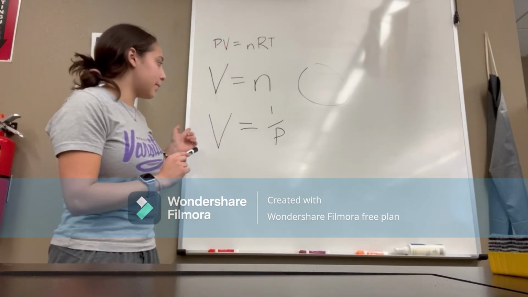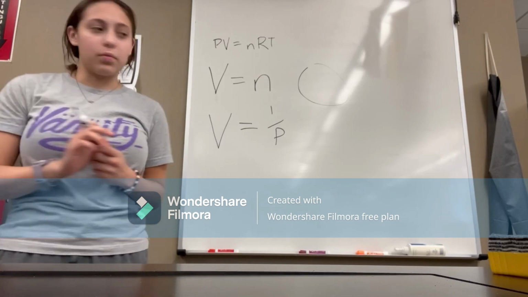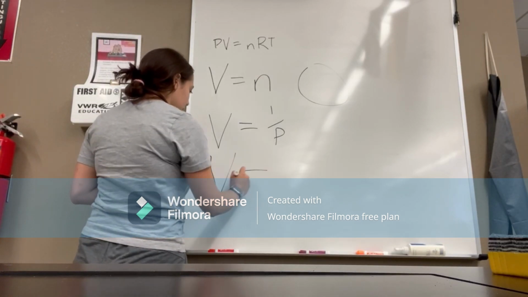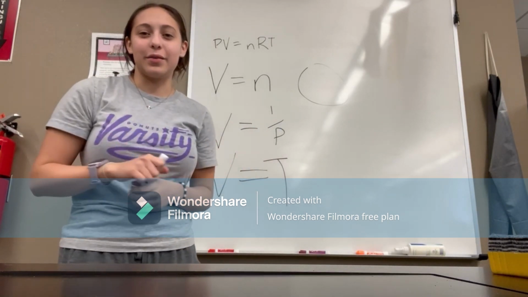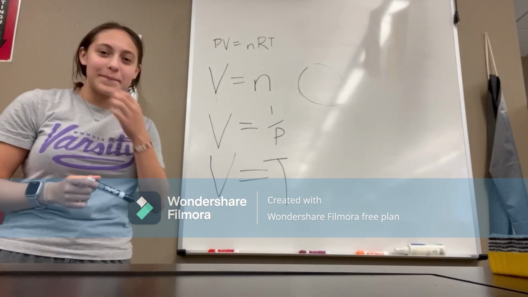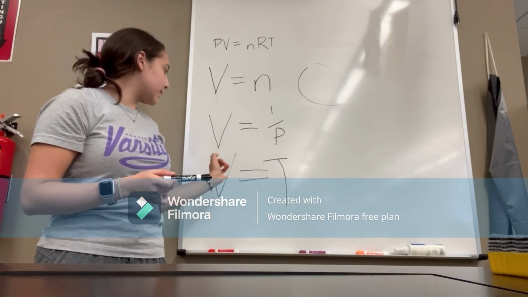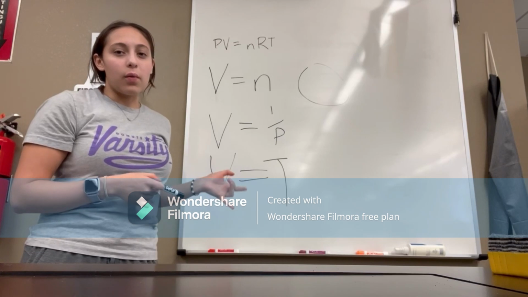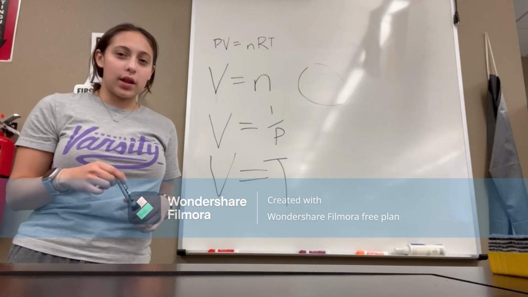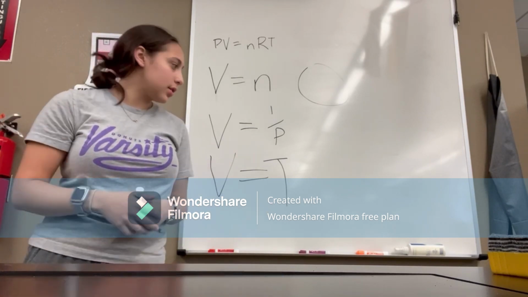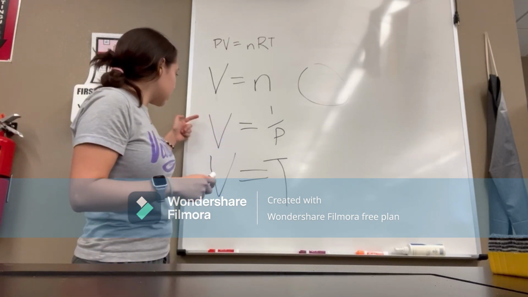And that's Boyle's law. Then the third part is Charles' law, which states that volume is proportional to temperature. That's a really strange looking T, but basically that would explain why the air coming out of the balloon is much cooler than the air that we feel around us, because like I stated in Boyle's law,